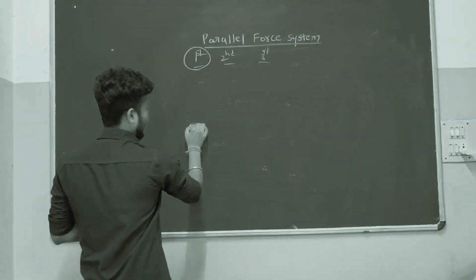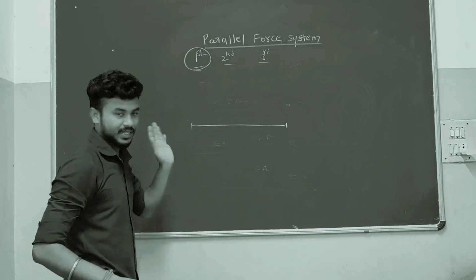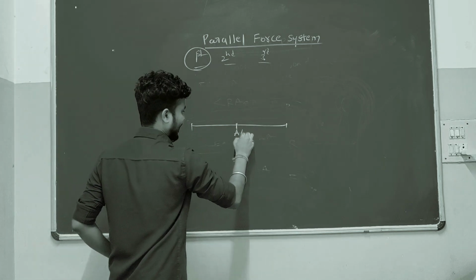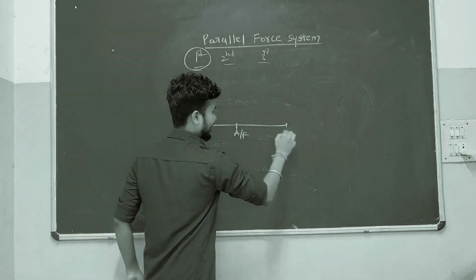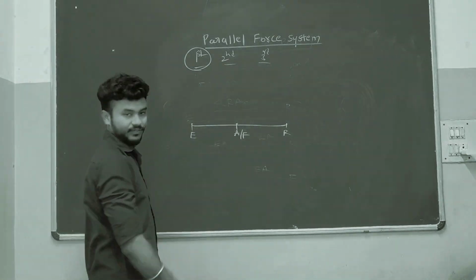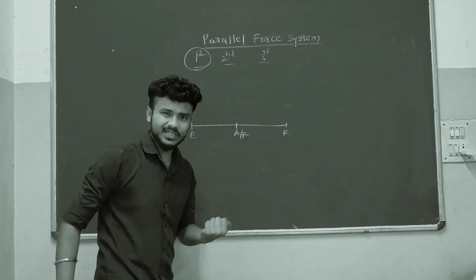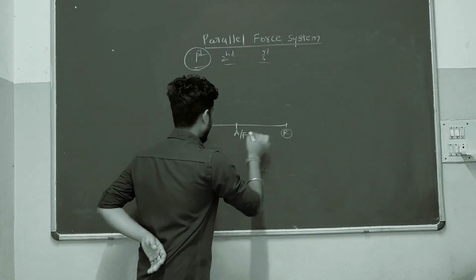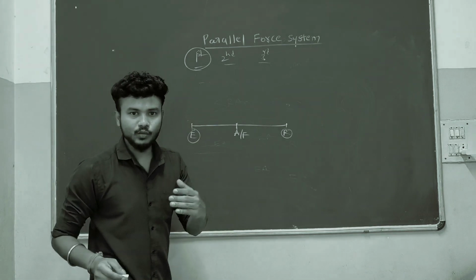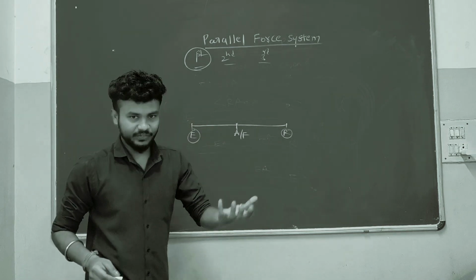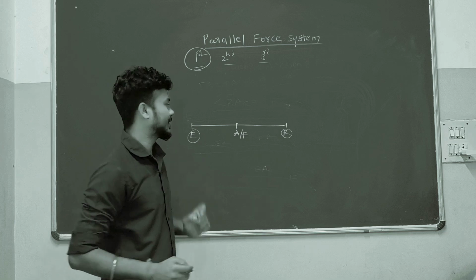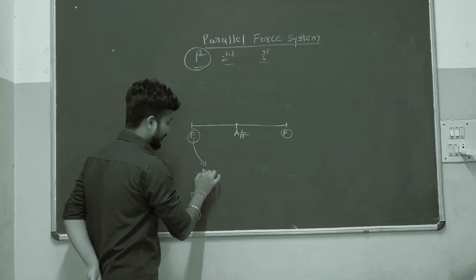So here we have a lever, a first order lever. The axis, which is nothing but the fulcrum, is there. Resistance is here. Effort is here. So what is the use of this lever? Here, resistance and effort. Effort means it is going to make some effort to create the rotation